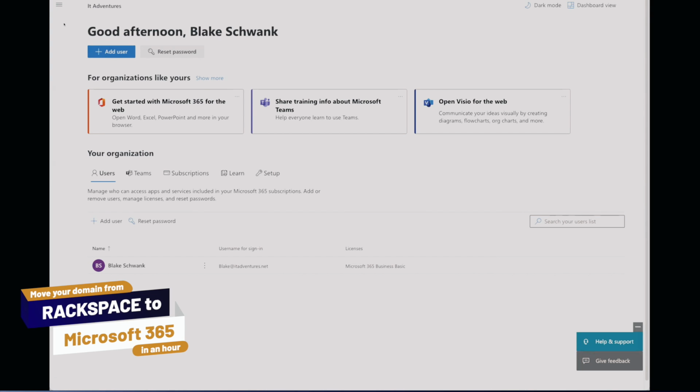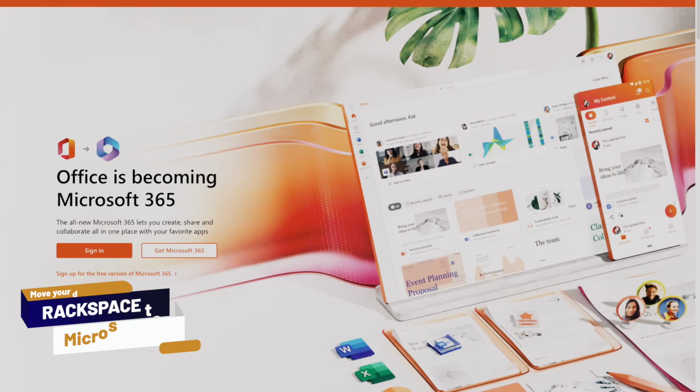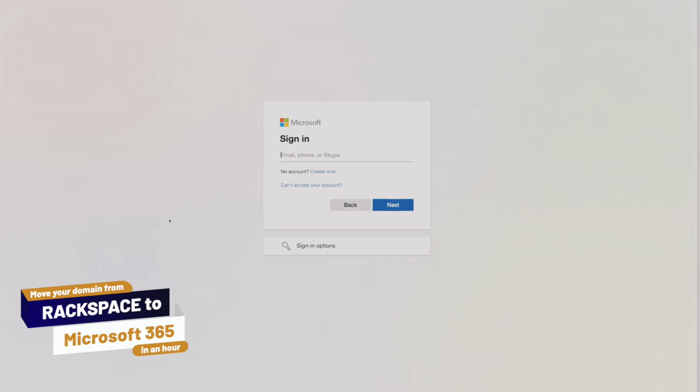And so then what we still need to do is go and add Curtis. Okay, so at this point, Microsoft will likely force you to log out of your account. And so we want to log out, close all the windows, open a new browser. We get to this point, and then we sign in with our new domain name. And in this case, it's not TuesdayTechTip.net. It was Blake at TuesdayTechTip